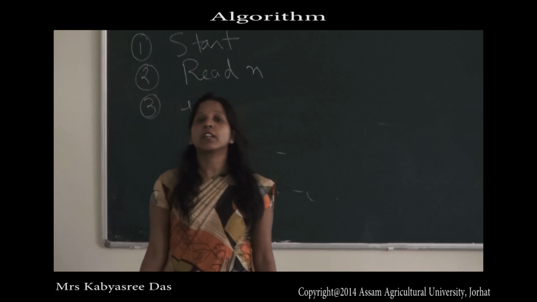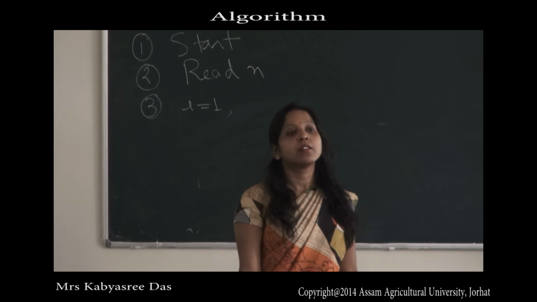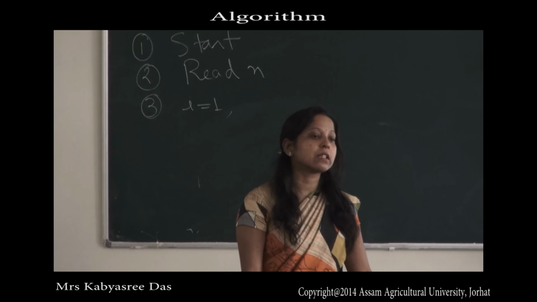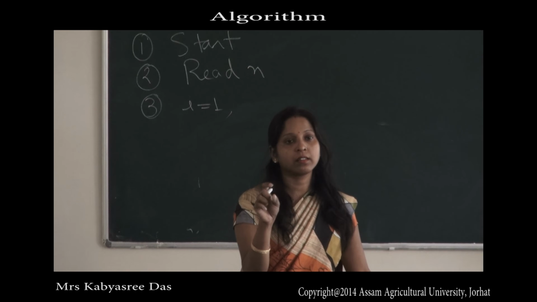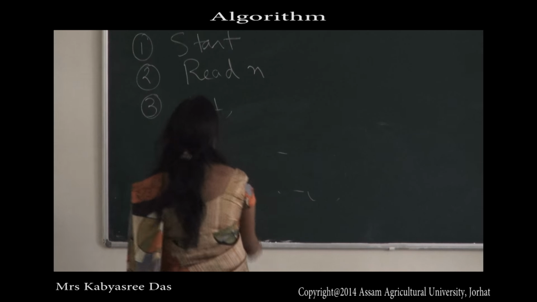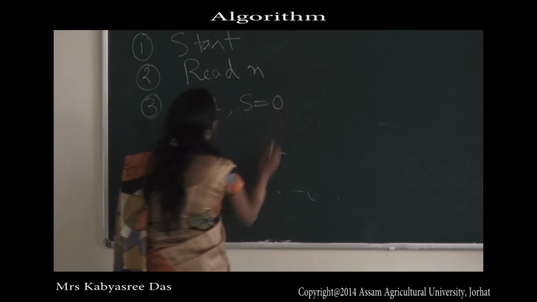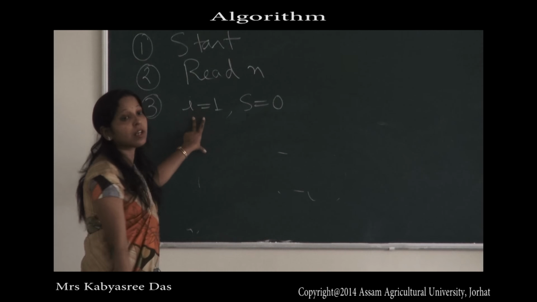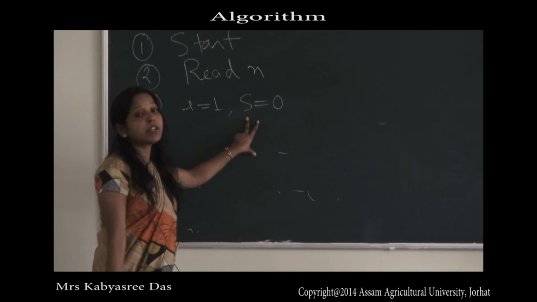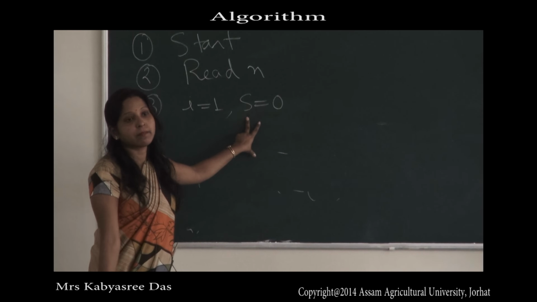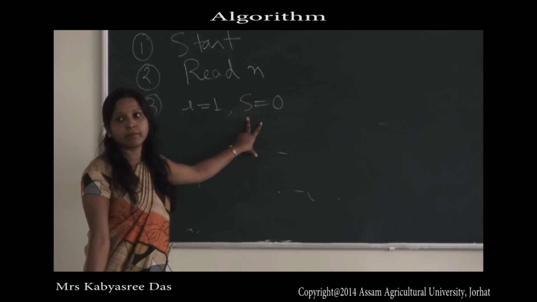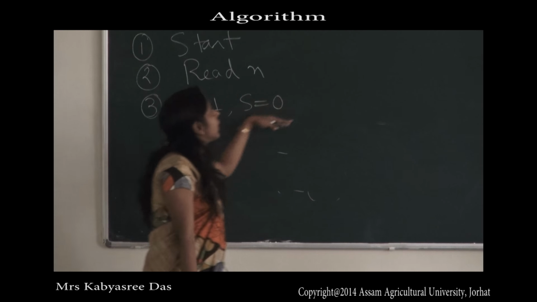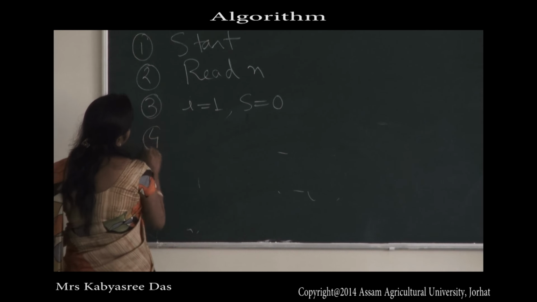Number 3 step, you take one more variable, one more memory location, to store the summation of the series. To store the result, summation of the series is S. And initialize it with the value 0. There are two variables, one is I for counting the number of terms and S for storing the summation of this series. Now you have to find the summation of this series, not just print. Number 4 you take